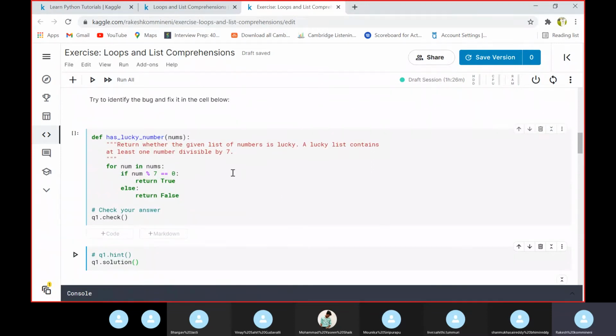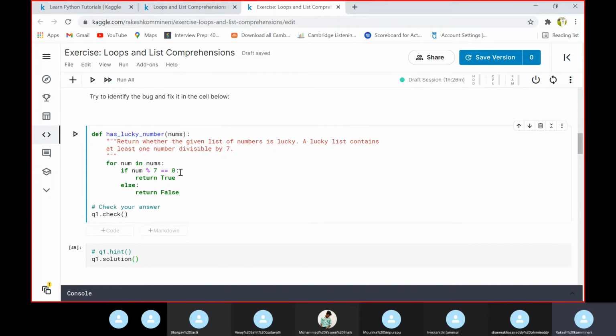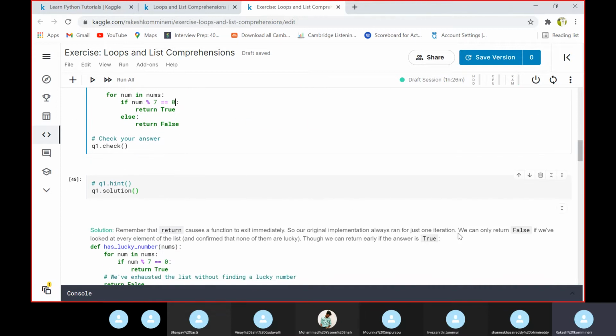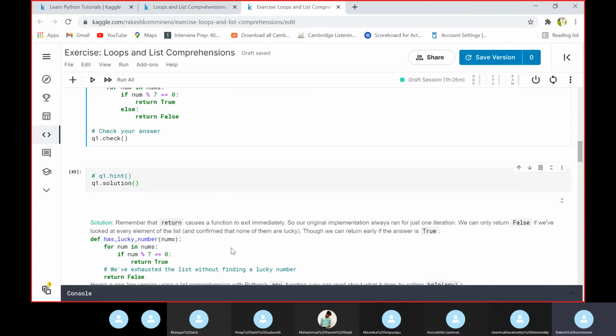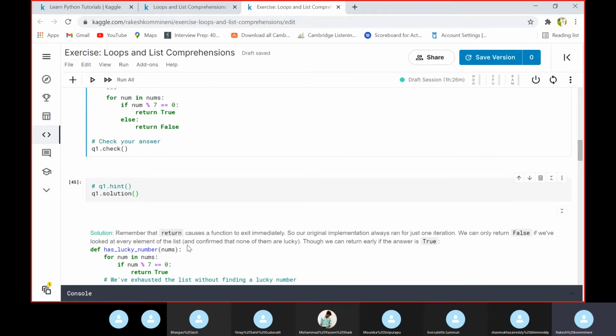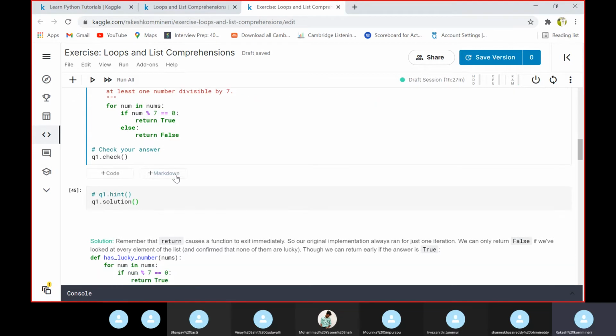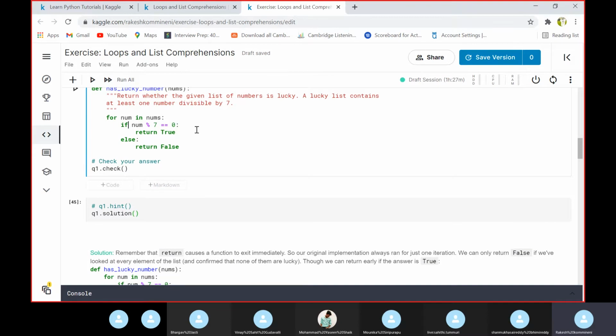And without checking the other elements against this condition, it will exit the loop as soon as the first element satisfies this condition. But we can only return false if we have looked at every element of the list. So by confirming whether every element satisfies this condition, we need to return true or false.